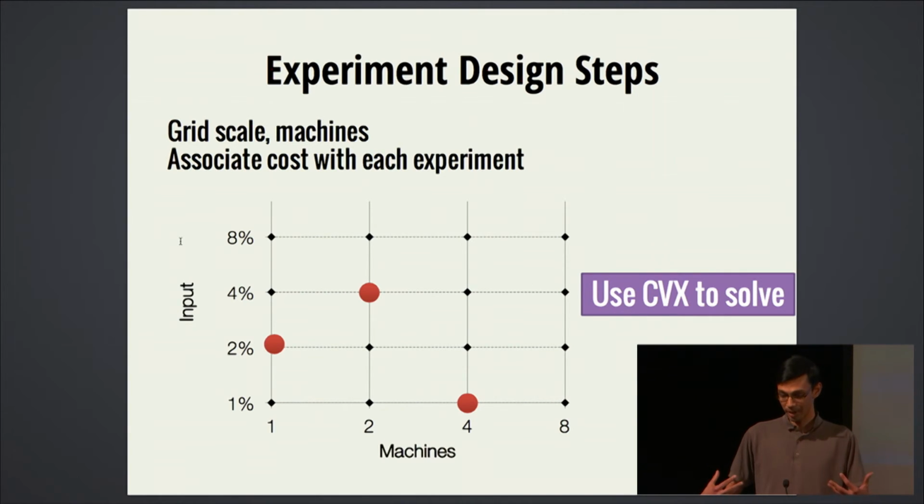So just to take a step back, the workflow that happens here is that we give this procedure a range of machines we want to explore, like say between 1 and 8 machines, or between 1 and 8% of the input data. And then we feed in this range of data points that we can choose from to the CVX solver, and it returns back these red dots which show like, oh, you should collect training data at 4 machines and 1% input, and at 1 machine and 2% input, and at 2 machines and 4% input. So this helps us formulate the jobs that we'll actually run for training.